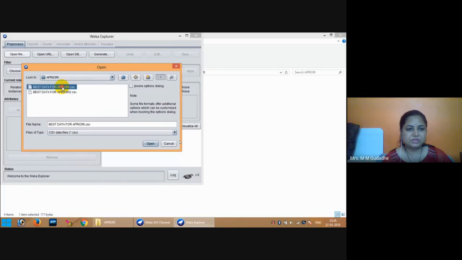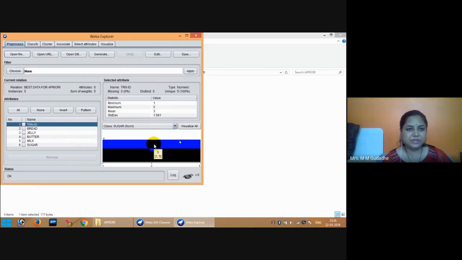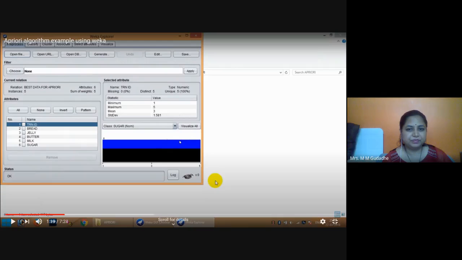It's a .csv file, so change the file type. Click on the file and press OK. What you will be finding here? Here you will find the same file जो हमने अभी देखी वही open हुई है.